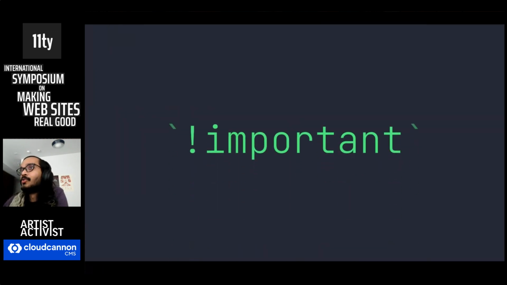And finally, the most important slide. You might have used the important keyword to win specificity battles in the past, but we all know it's a shameful hack, and the general advice is to avoid important. And earlier, I already showed various ways to increase specificity. So if you just want to win a specificity battle, then use one of those techniques instead of important.